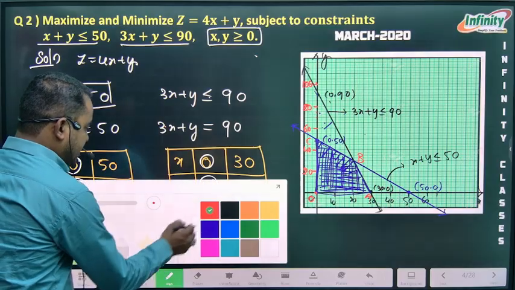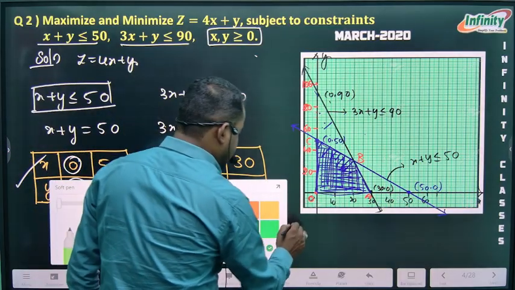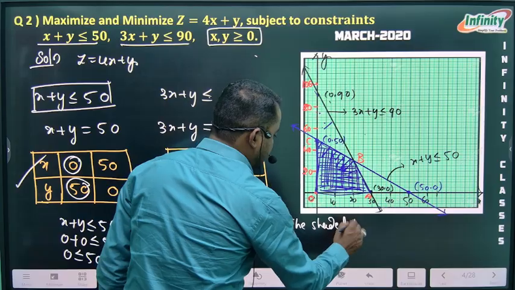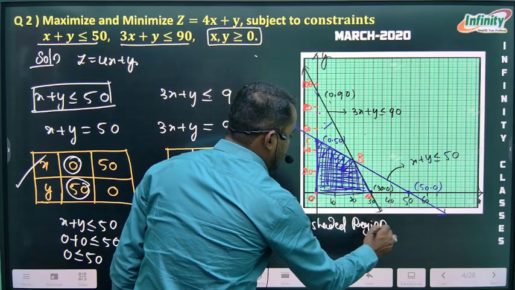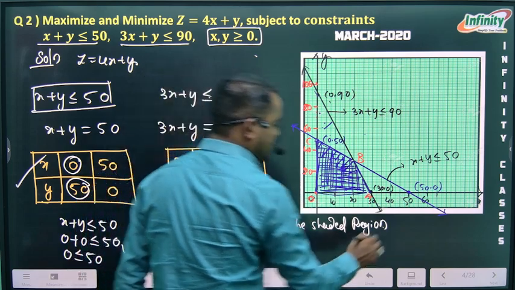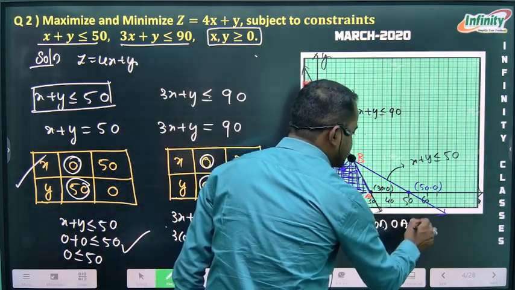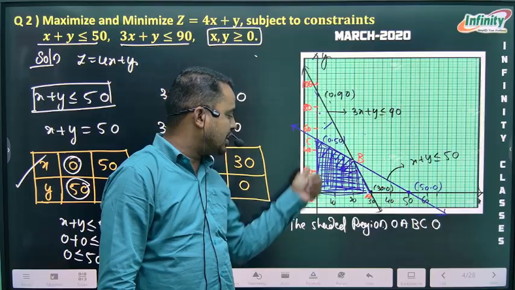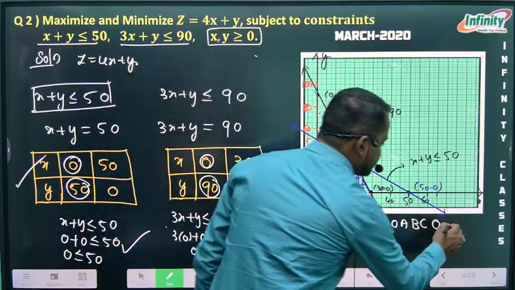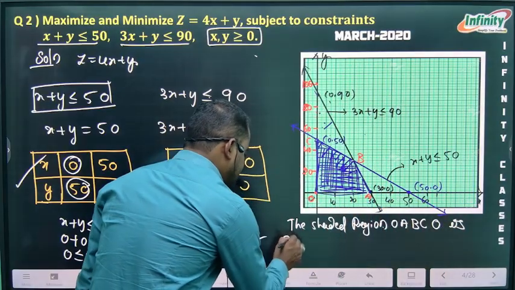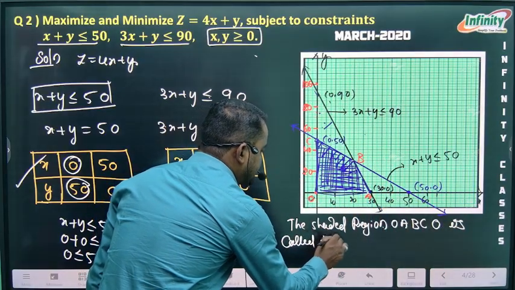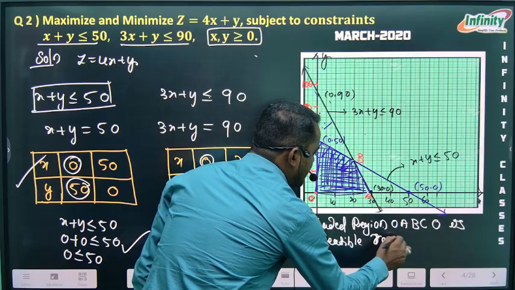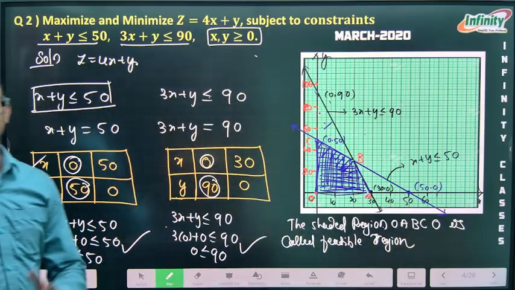Therefore, the shaded region O A B C O is called the feasible region. Write this below the graph, under the table. And the corner points of the feasible region are,